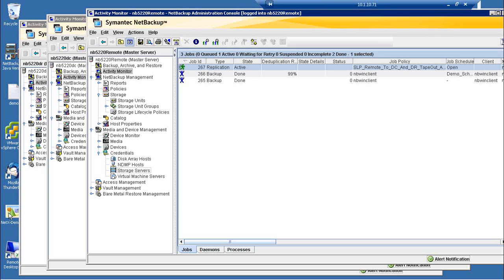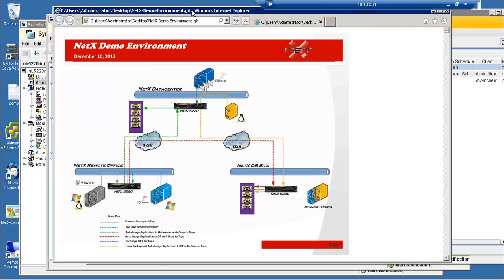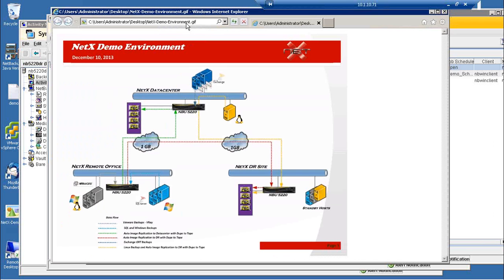Now, once again, while this is going on, let's take another look at our diagram, because I probably didn't leave this up long enough. As you can see, what's happening right now is the Linux backup has been performed to the local 5220. The replication is now occurring over to the 5220 at the DR site. The Windows client backup has been completed, and its replication is now being completed to the DR site and the